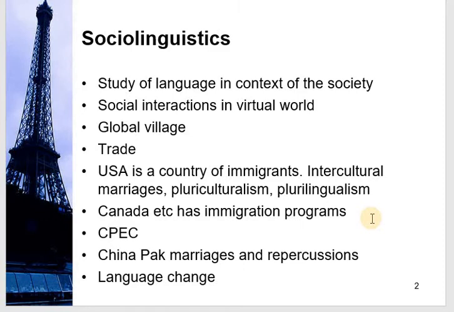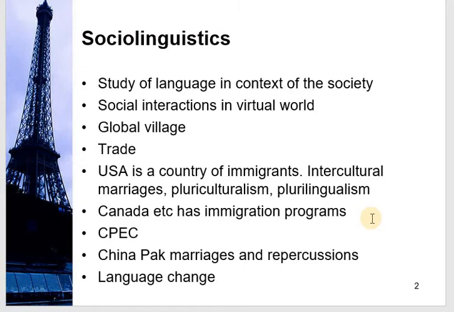So in every place, in every university, in every social community, you will find people from different cultural and linguistic backgrounds. The result is plurilingualism prevails over there. Different language speakers are there. They celebrate different cultures because they are afraid of cultural shocks, and cultural riots can destroy the peace of that country. So pluriculturalism and plurilingualism dominate over there, and as a result of their interaction, there are intercultural and interracial